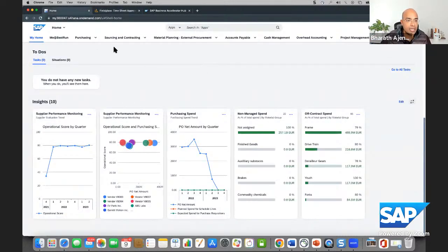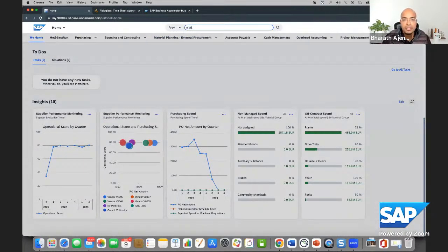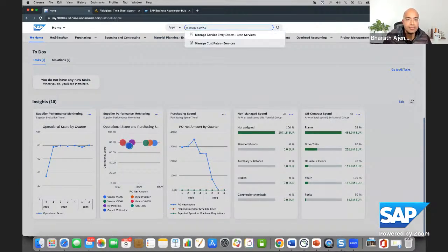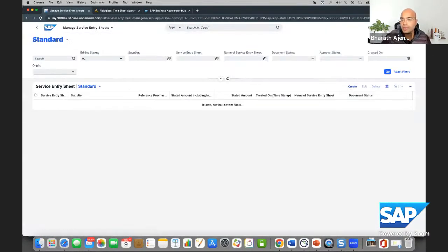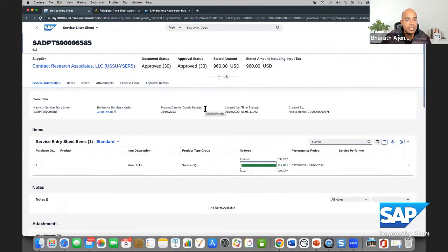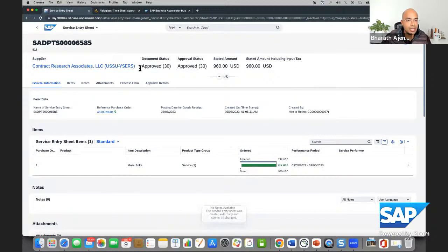So I will go to SAP S/4HANA Cloud here, and then go to an app called Manage Service Entry Sheet app. And that's where you could see. There we go. So while this is coming up, again, it takes a little bit of a while, but I can show you an existing example. It takes maybe a minute or two, but the idea is the timesheet comes in an approved state,